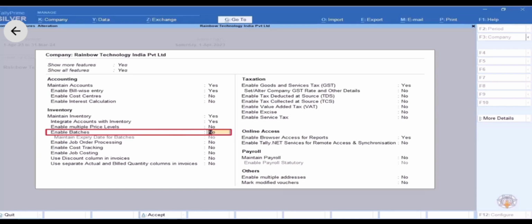Business industries deal in various types of inventory, in which some products are long-lasting while some products expire with time. In such cases, many inventories are produced in batches or lots, where the batch details of the production are mentioned, and in many cases, the batch number as well as the production date and expiry date are mentioned. To effectively manage such inventory, the batch-wise feature in Tally Prime is used.